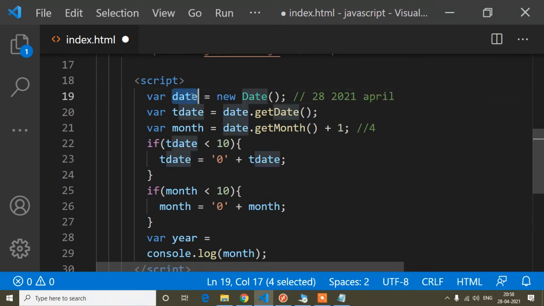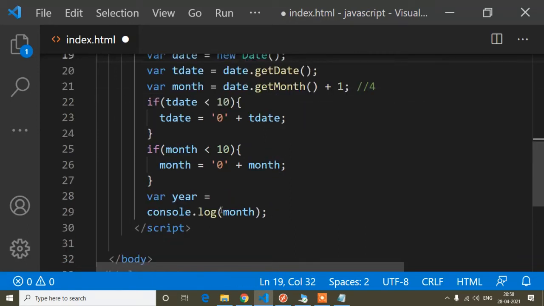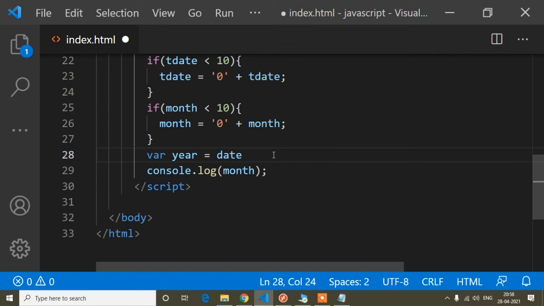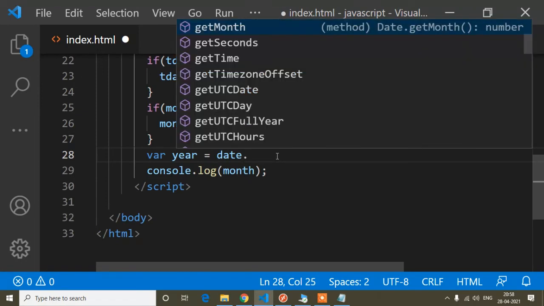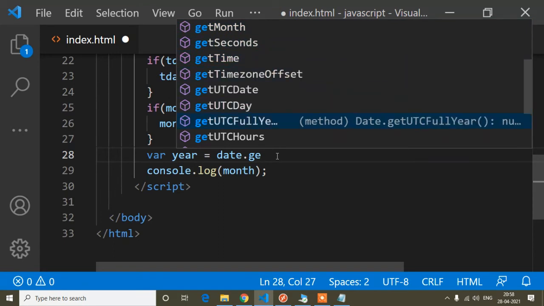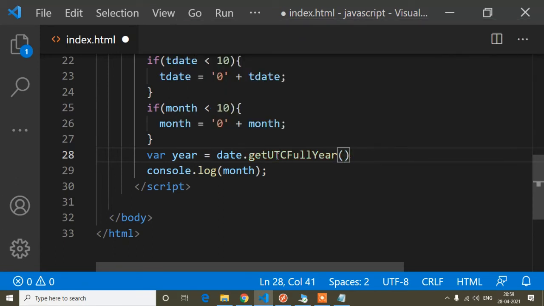So from this date I will cut this one. For that I will write this date dot, here is the predefined method getFullYear. This method returns the current year.